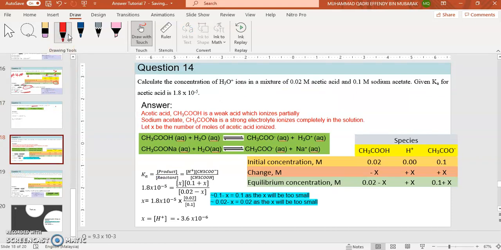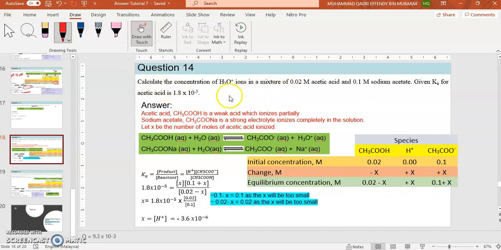So question 14 asks us to calculate the concentration of H3O plus ion, or H plus. This is the hydrogen ion, or you can call it H ion, in a mixture of 0.02 molar acetic acid and 0.1 molar sodium acetate, given Ka for acetic acid is 1.8 times 10 to the power of negative 5. So now,